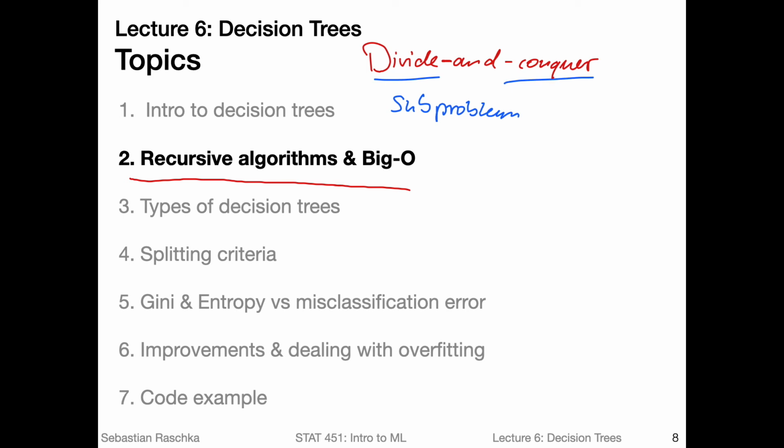And the way decision trees are trained or built is related to divide and conquer, and also how we use decision trees for making predictions. Divide and conquer algorithms can usually be implemented using a concept called recursion. So this is just one way of implementing a divide and conquer algorithm. It's something called recursion. So let's take a look at what recursion means.